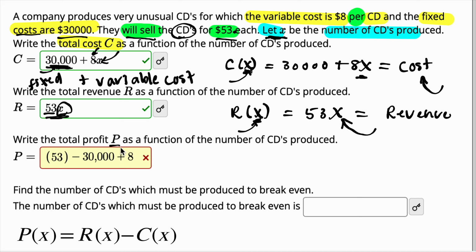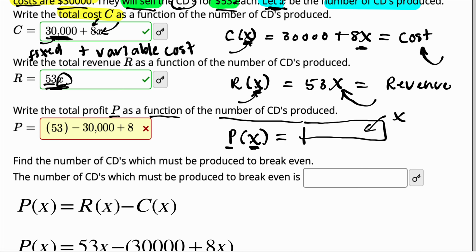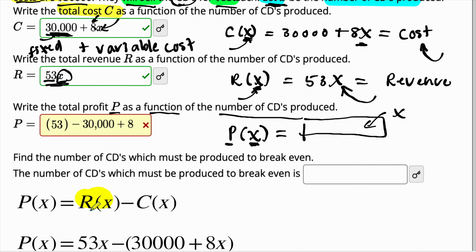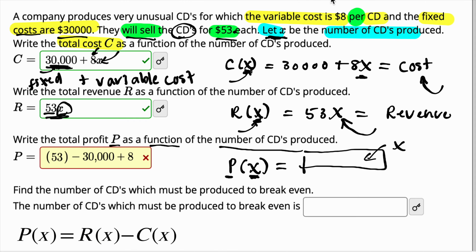So here it says write the profit as a function of the number of CDs produced. So that means I want to have X as the number of CDs, and then I want to write some formula to represent that. So I want to have X's over here. That's what that means. Profit is a function of X, and I'm going to have X's over here in the formula or representation. Now I also know that profit is equal to revenue